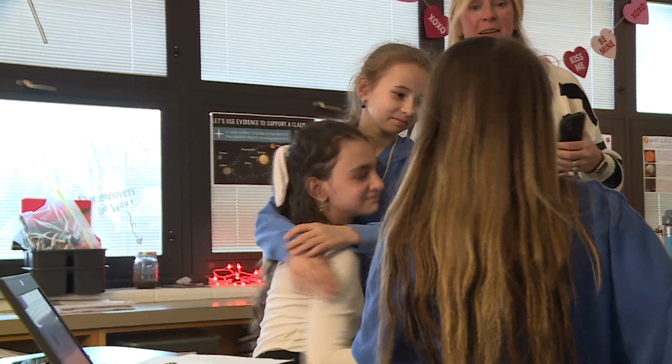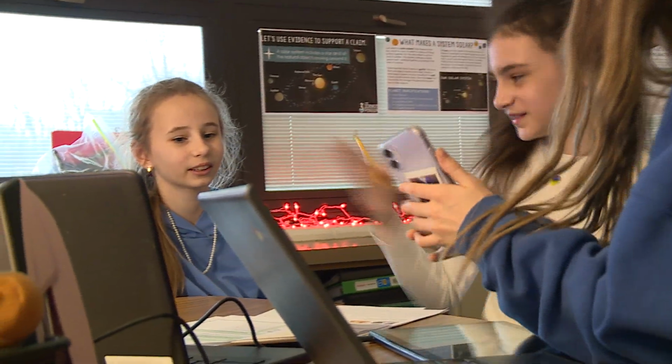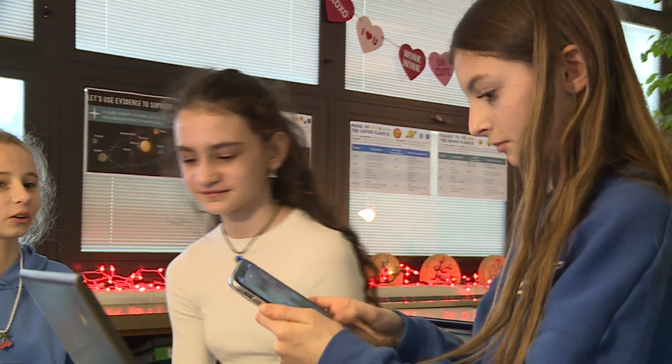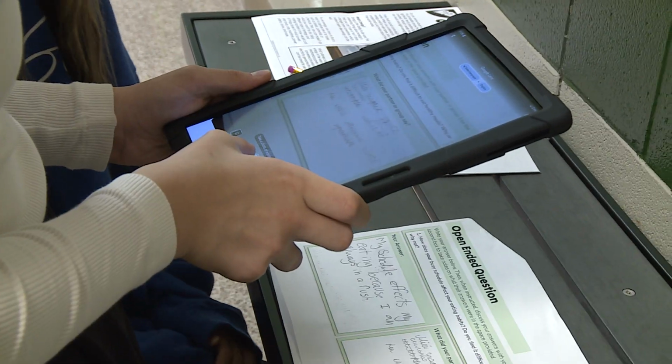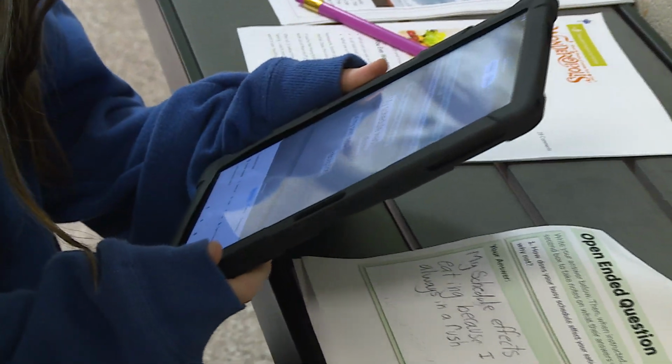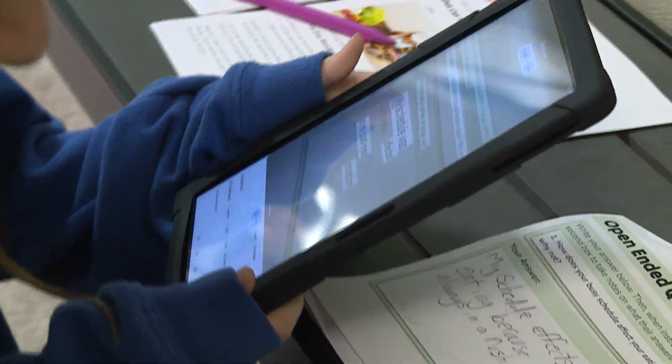We connected her with another Ukrainian student today. We connected the two families, and it was amazing to see. I worked with her this morning, got to know her a little bit. She's working in a small group with the tools that she's been given, and she's just jumping right in and using Ukrainian language, a little bit of English, to access what's going on in the classroom.